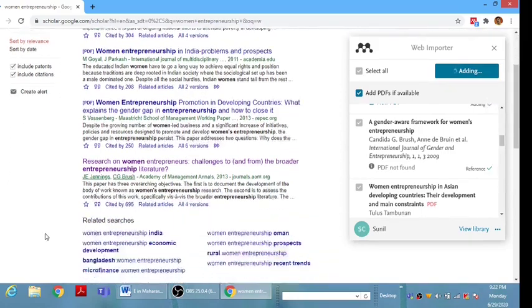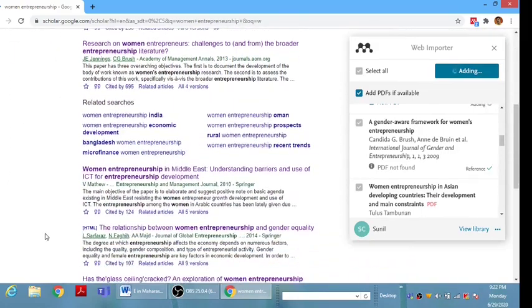Now I just wanted to tell you, I want to use the information of an article which is not in PDF format but is on the website. For example, The Relationship Between Women Entrepreneurship and Gender Equality, which is available in HTML format. So I'm going to open this article.